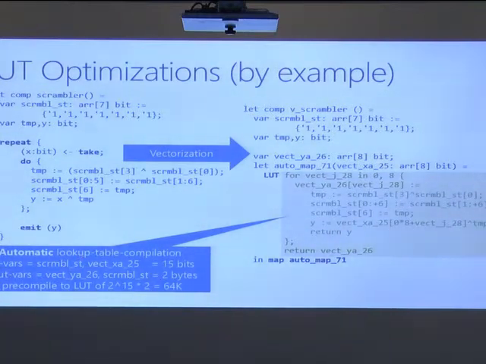So now there's a difference between input and output. This guy vect yi26 is just being written into, so it's only the output. We never read from it. So we can declare it an output variable. And then scrambler state is also an output variable, but it's also an input variable, so we put it in both. And this guy here is an input variable.